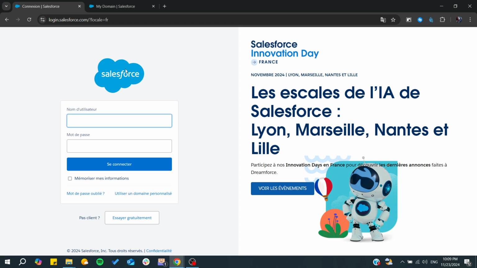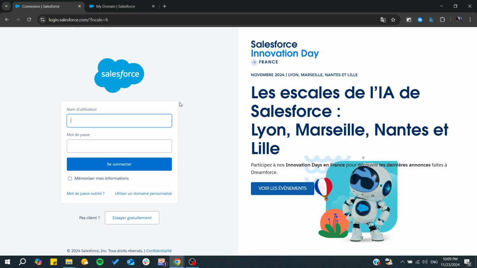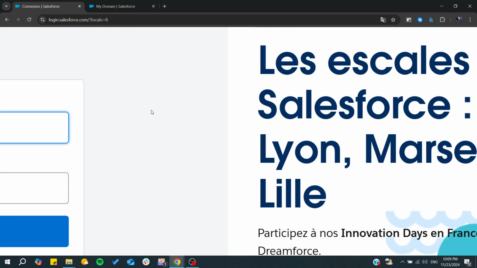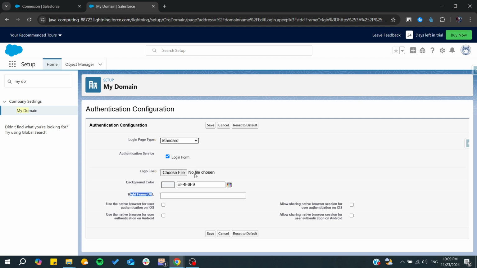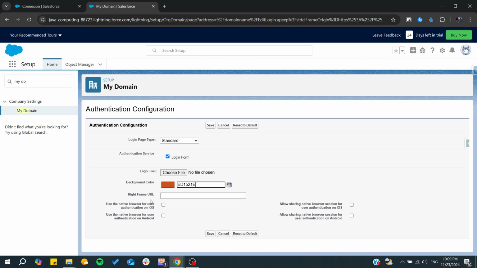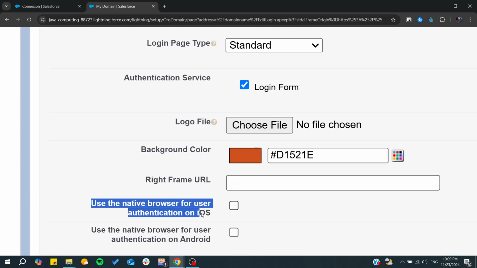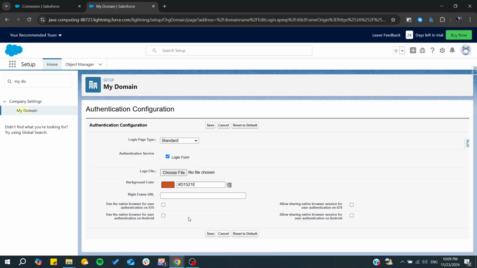So you will change the Salesforce background color, which is this one, and of course from here you can choose whatever you like. It can be like this or whatever, and of course you can use the native browser for user authentication on iOS, etc. After that you will need just to click on save,